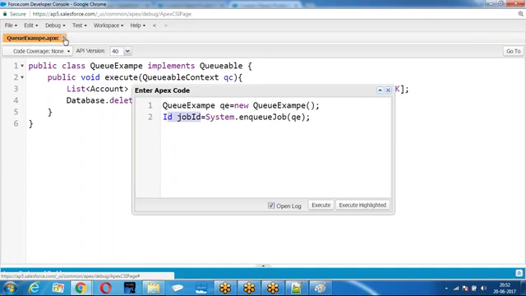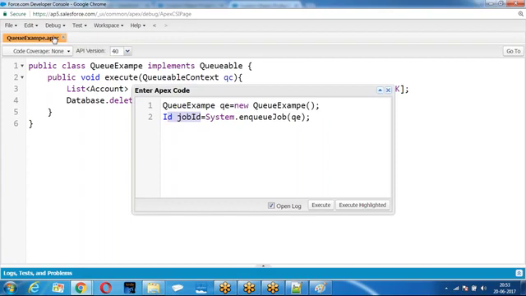Create a class, AccountDeletion. Create a Queueable Apex class, AccountDeletion, which will fetch all the account records which are created today and delete them.